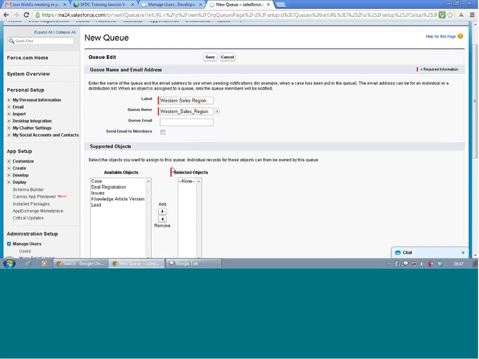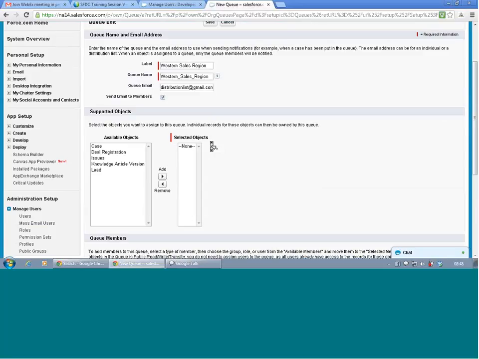For the queue email, you can associate an email ID to an individual queue, something like a distribution list. Send email means that if any transaction is assigned to this queue as owner for the first time, it sends an email.